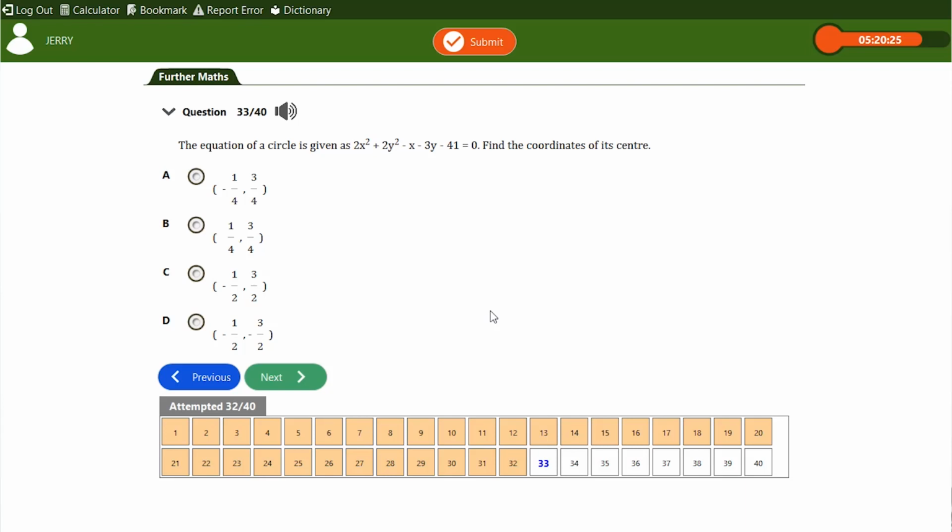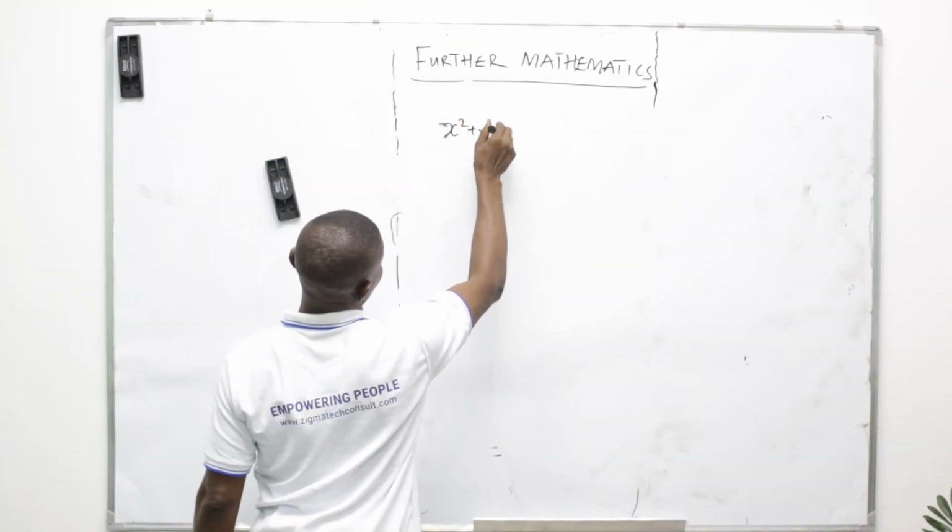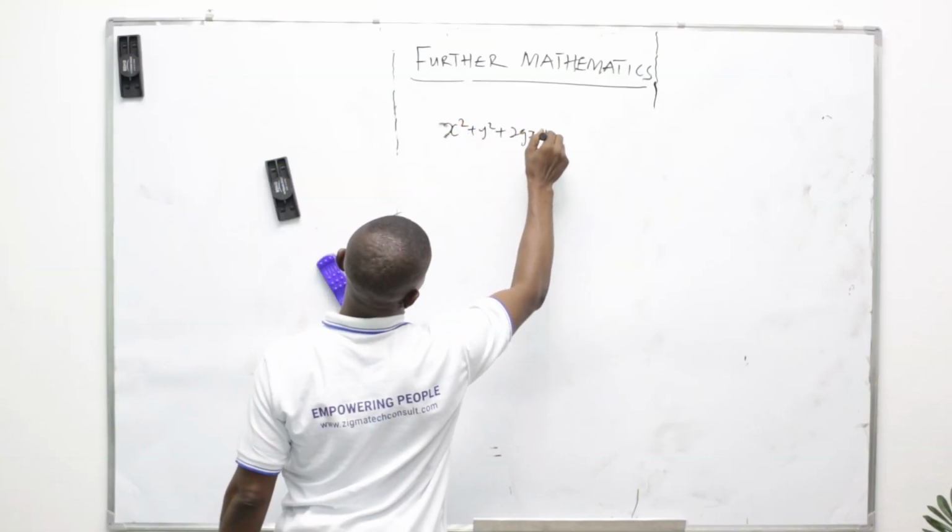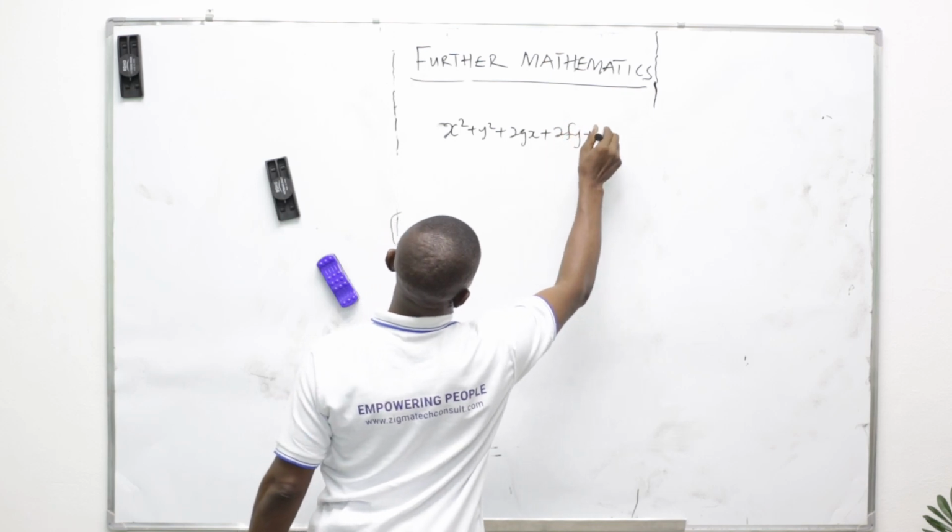The equation of a circle is given as this. Find the coordinates of its center. Now we are looking for coordinates. Remember the general formula: x squared plus y squared plus 2gx plus 2fy plus c